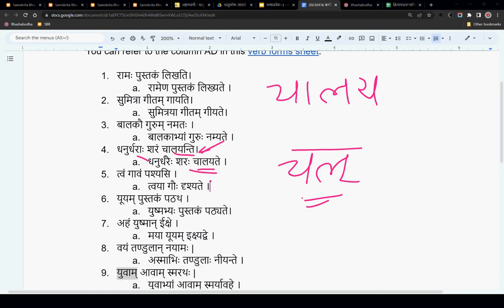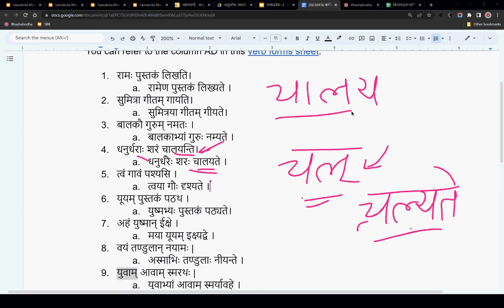If it is Chala dhatu, then you can use Chalyate. But if it is Chalayati, here, what is the right usage, Mahadev? What is the right usage here? Chalayate, Yate, double ya? No. So if it is Chal, then you can use Chalyate. But you cannot use Chalyate if the dhatu is Chalaya. So it has to be Chalyate.